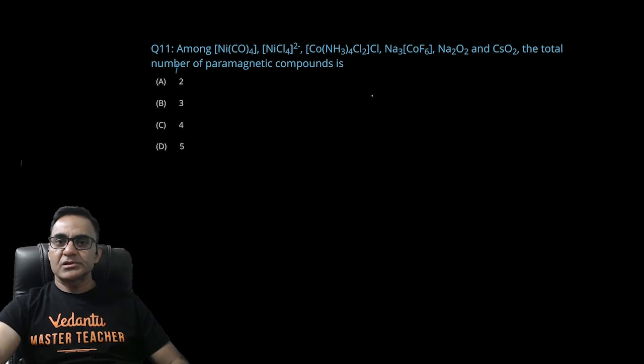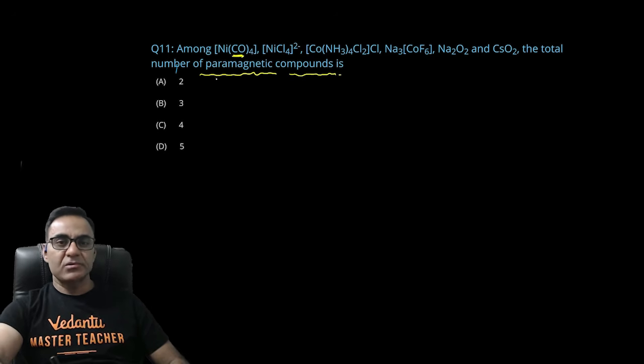Among the following complexes the total number of paramagnetic species जिसके अंदर अनपेयर्ड इलेक्ट्रॉन एग्जिस्ट करते हैं वो निकालने हैं। देखो Ni(CO)4 में Ni एक्चुअली होता है 3d8 4s2, लेकिन कार्बन मोनोऑक्साइड डालोगे तो S का इलेक्ट्रॉन भी D में शिफ्ट होकर D10 हो जाएगा, और D10 अगर हुआ तो सारे इलेक्ट्रॉन पेयर्ड फॉर्म में ही रहेंगे, तो ये आंसर में नहीं कंसिडर होगा। NiCl4 में क्लोराइड एक वीक फील्ड लिगेंड है, 3D8 इलेक्ट्रॉनिक कन्फिगुरेशन के अंदर अनपेयर्ड इलेक्ट्रॉन होंगे तो